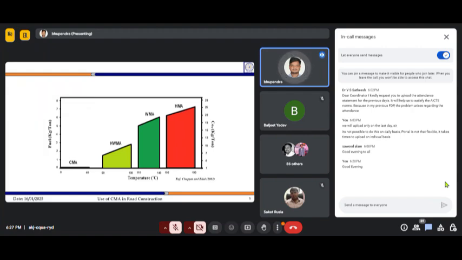So if you compare CMA with the HMA, you can see the difference between the fuel consumption and CO2 emissions. So comparing CMA with the HMA, we can conclude that the CMA is considerably cheaper, solely based upon the fuel consumption point of view, and environmentally friendly also when we compare the CO2 emissions. So this is the summary of their production performance.